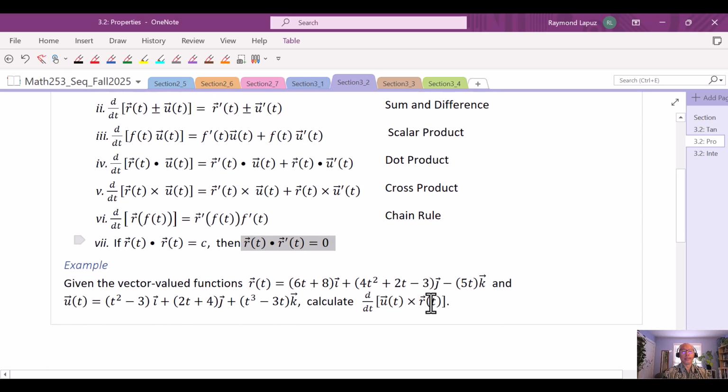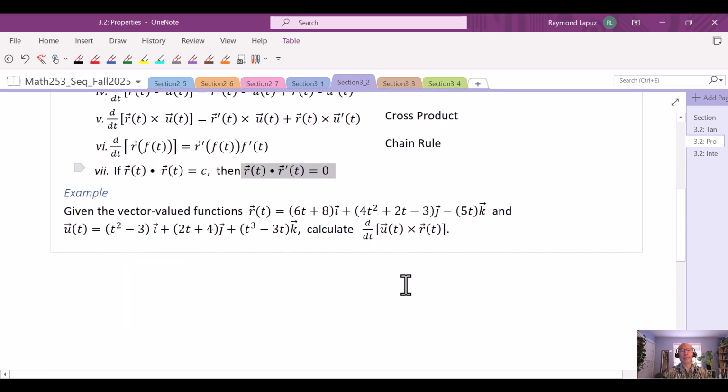All right, let's do a couple of examples. Here's one where we have r and u, and they want us to find the derivative of the cross product. I'm not too interested in doing the cross product, so let's just go ahead and use the formula. We will need a couple of derivatives here. We'll need r prime